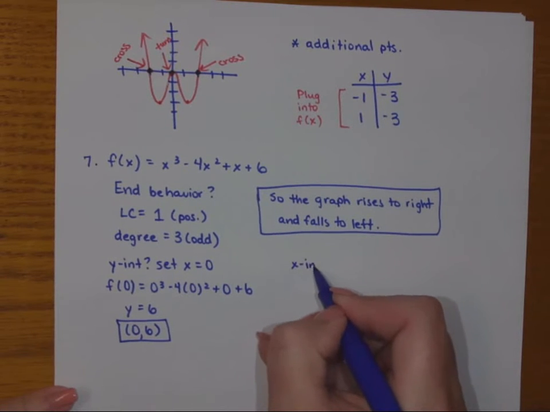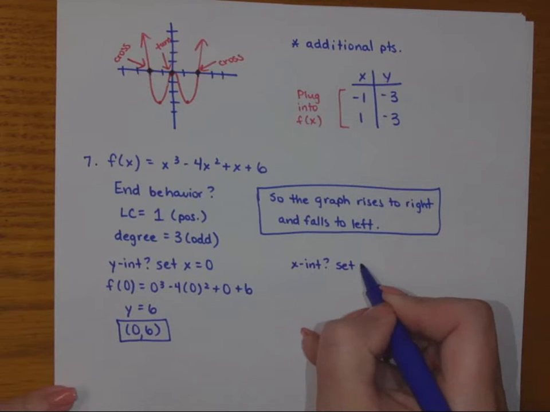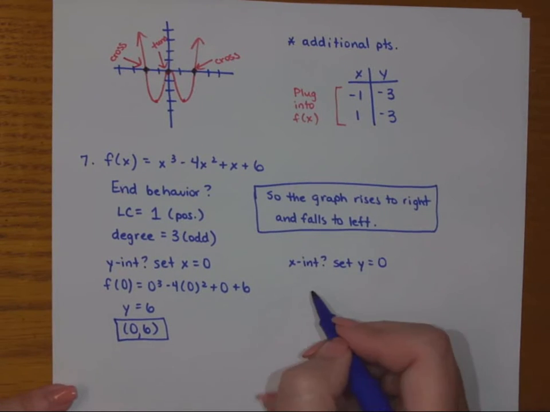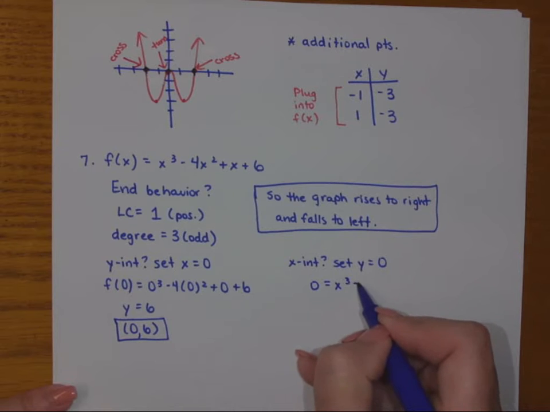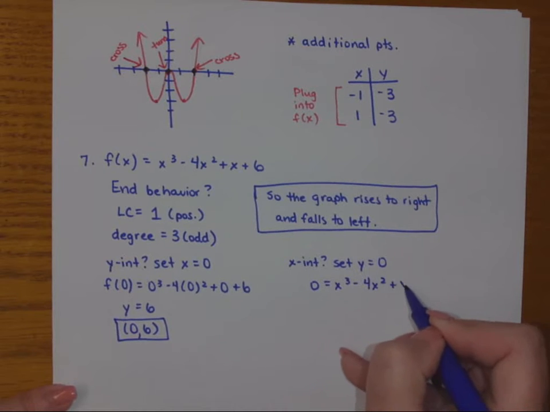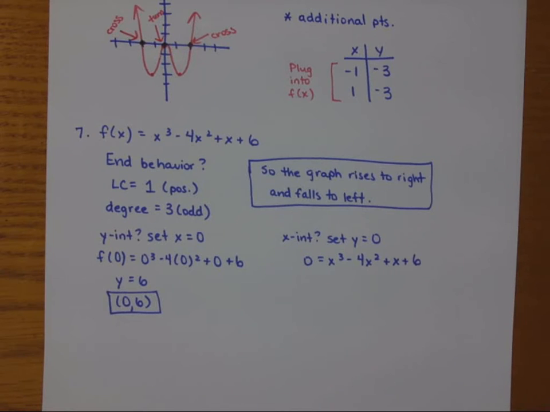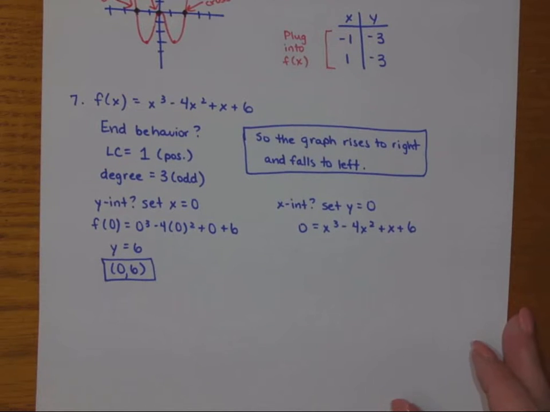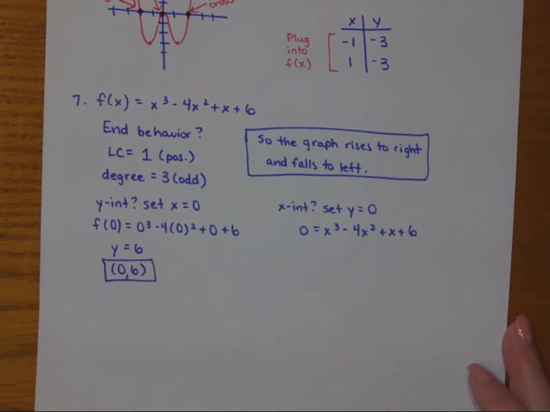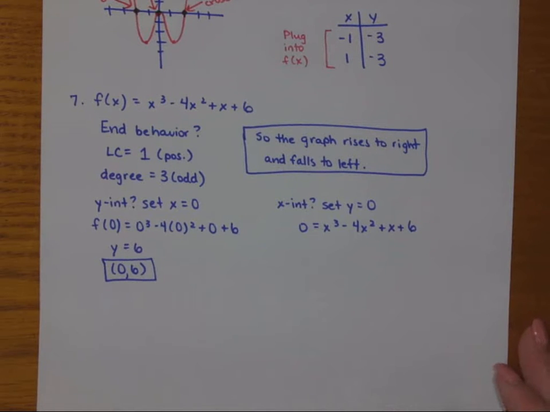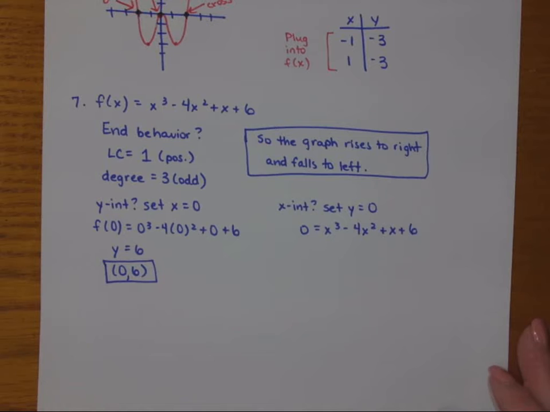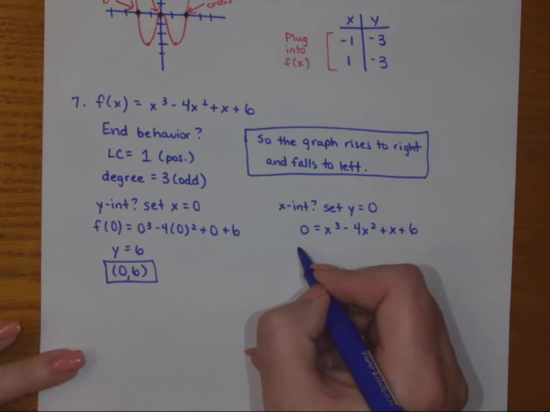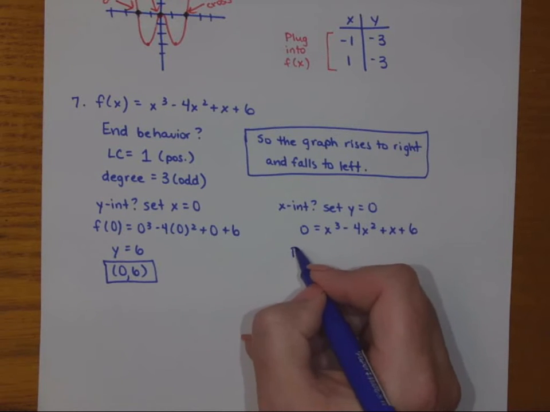As far as the x-intercepts go, we would set y equal to 0. So this one's a little tougher, because notice I don't really necessarily know how to factor this, and so I might need to do a little more thinking here. So if I want to try to factor this, this is where you have to try to list the possible zeros, and we're actually going to cover that a little bit later also. And so I'll go into detail about this when we get to number 11, but the possible